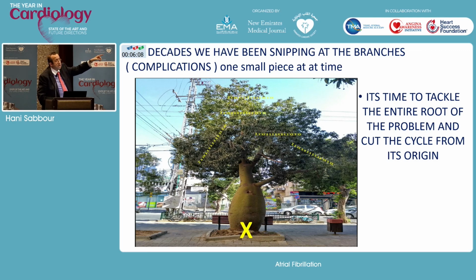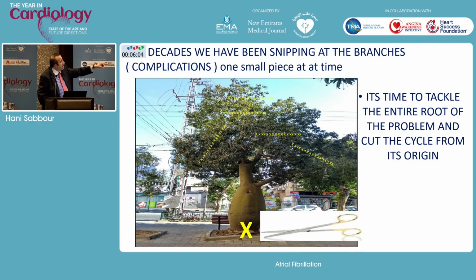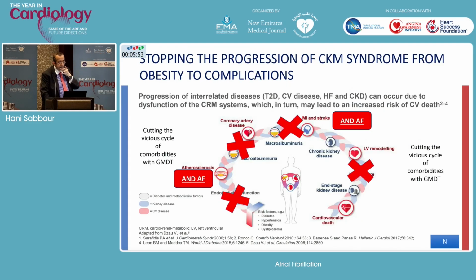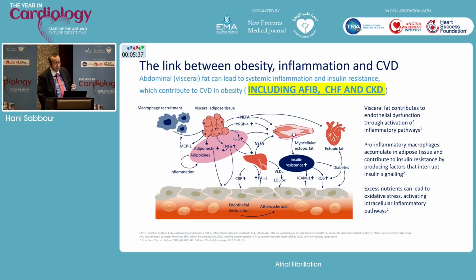We've been dealing with this in silos, the electrophysiologist here, the cardiologist here. What if we cut the root of the tree at its origin? It appears to be that obesity is the central factor for all of these inflammatory metabolic disorders. Start from the base, don't waste time cutting the branches. And the thing is, if you start at the beginning with risk factors and hypertension and obesity, you can prevent atherosclerosis, you can prevent AFib, you can prevent CAD, you can prevent the inexorable progression to renal and cardiac target organ damage. The earlier you start, the more effective we can be.